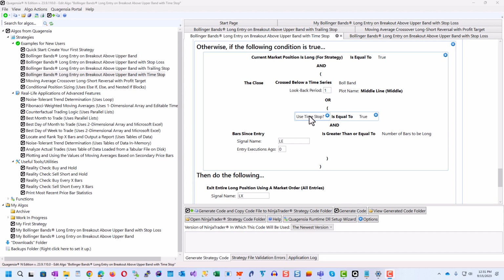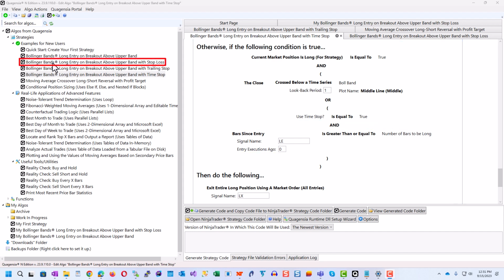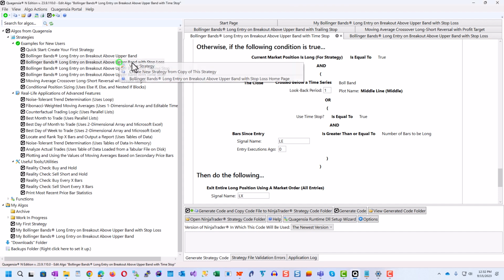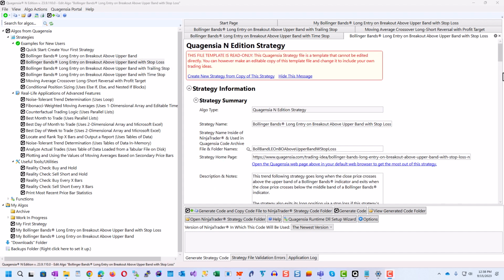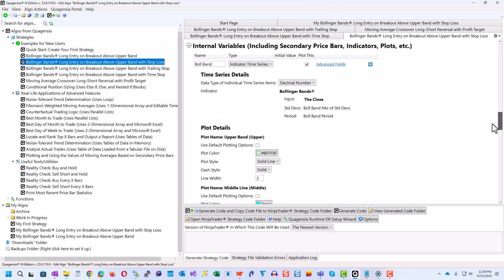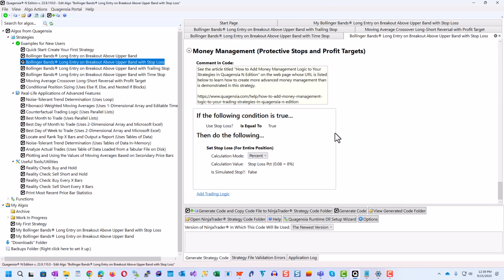If you would like to learn about significantly more complicated, interesting money management techniques, I recommend that you go to a web page on the Quagensia.com website that you can access by opening this strategy called Bollinger Bands Long Entry on Breakout Above Upper Band with Stop Loss, scrolling down to its money management section, and copying the URL in the comment in code that will send you to an article titled How to Add Money Management Logic to Your Strategies in Quagensia N Edition.